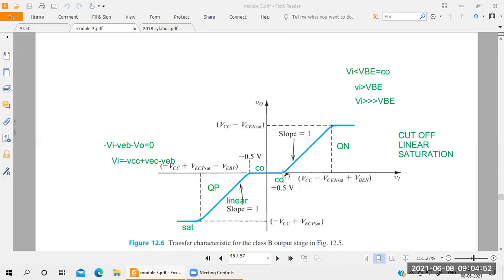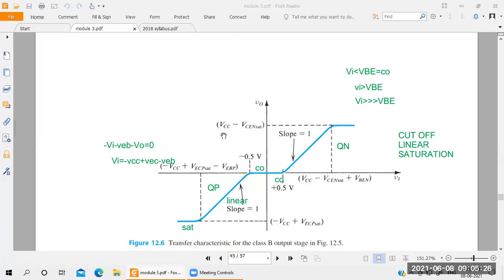That means linear condition. In linear condition, the output voltage increases by applying the input voltage. After reaching the maximum level, the saturation level, it will be in constant mode. Okay, they have taken cutoff condition, linear condition, saturation condition. Cutoff condition is below the 0.5, 0 voltage. Linear condition means after the 0.5, there is increasing output voltage. In saturation, it will be at constant maximum voltage. What is the voltage level for the maximum?